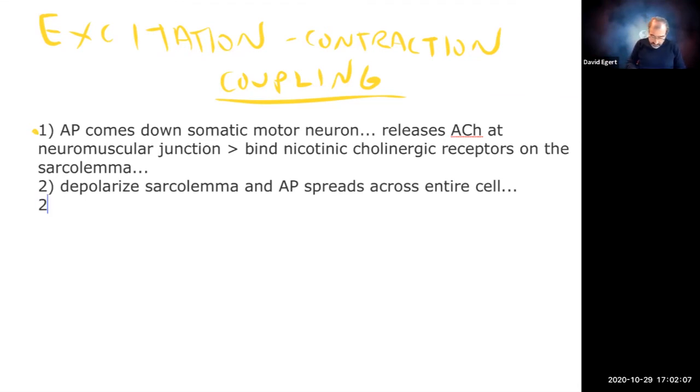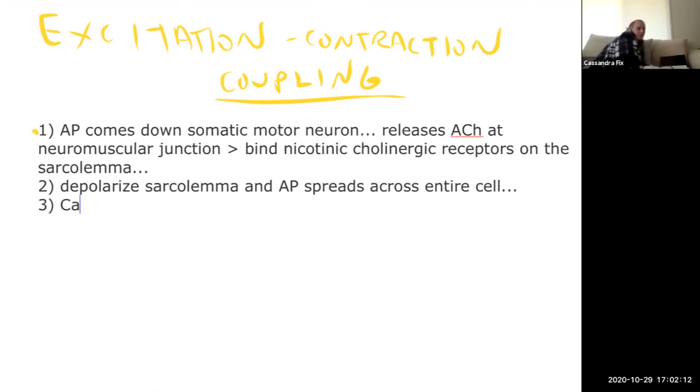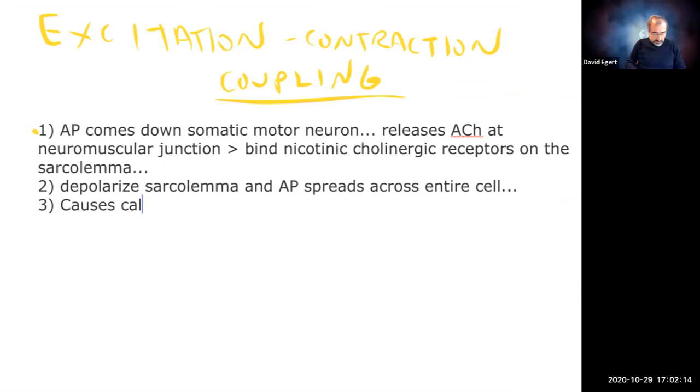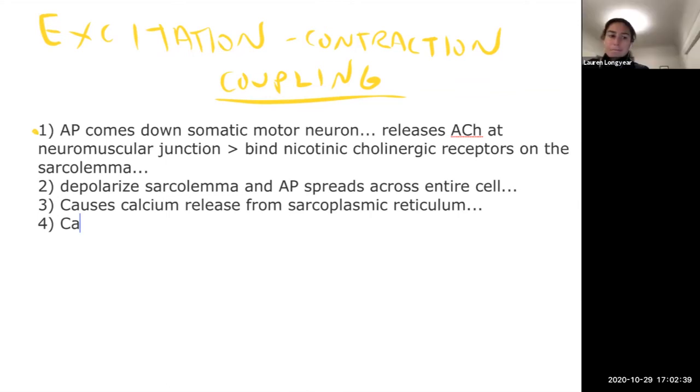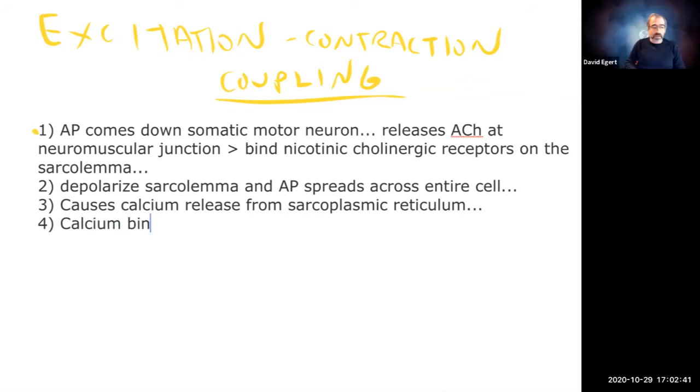What is that going to cause? Calcium release next. So this causes calcium release from the sarcoplasmic reticulum. And then what happens next? What does that calcium do once it's free in the cell? Binds to troponin. Yeah, so that calcium is going to bind troponin,